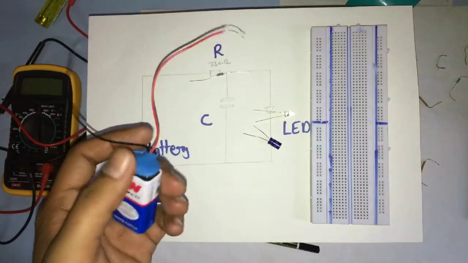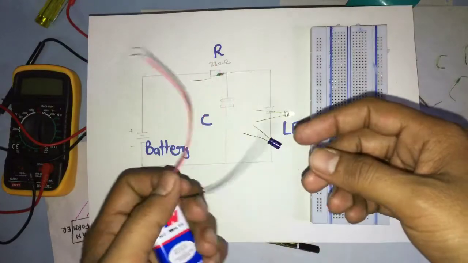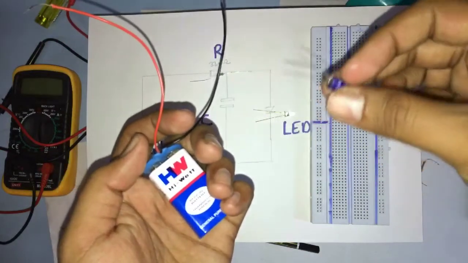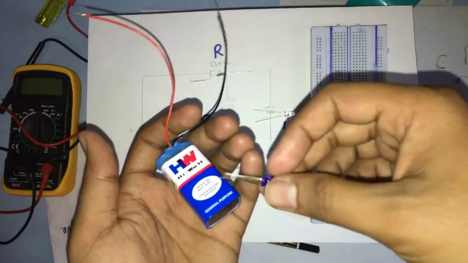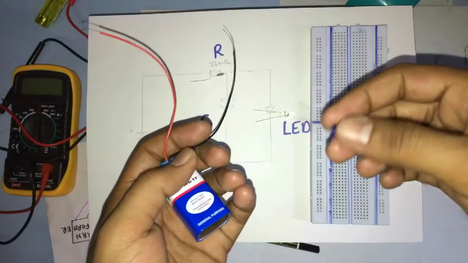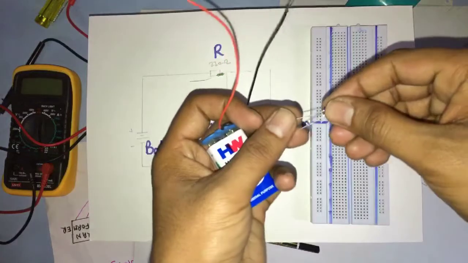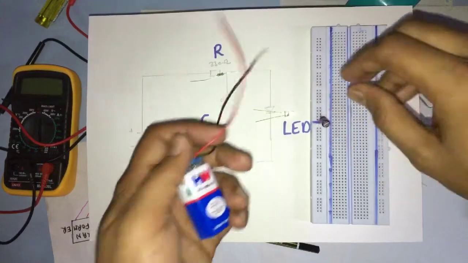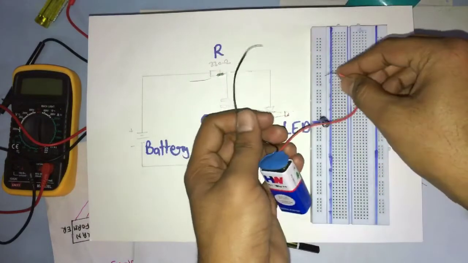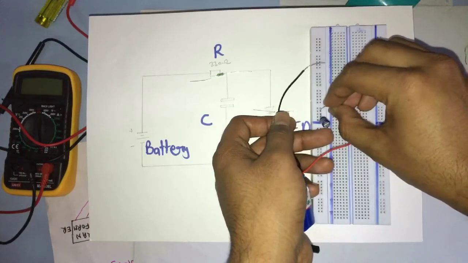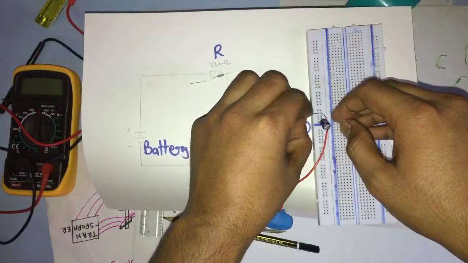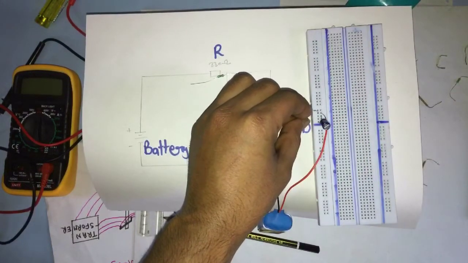So as per the circuit, I'm going to charge this capacitor by directly connecting the positive and negative ends of the capacitor. The bigger leg is the positive, smaller is the negative one. I'll connect the negative to the negative, positive to the positive of the 9 volt DC source. I'll show you by making the connections with the help of the breadboard. I'm just inserting the capacitor's negative and positive legs in two ends, and I'm giving the supply. The positive one is here and the negative is here. So now the connections are done and the capacitor is getting charged.